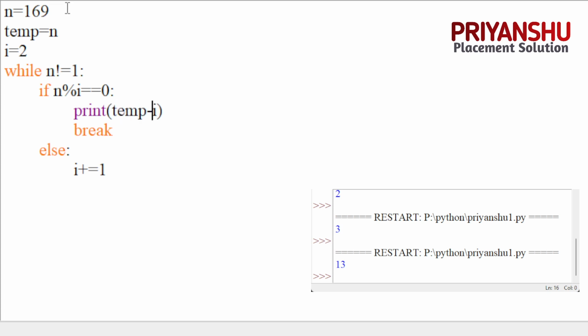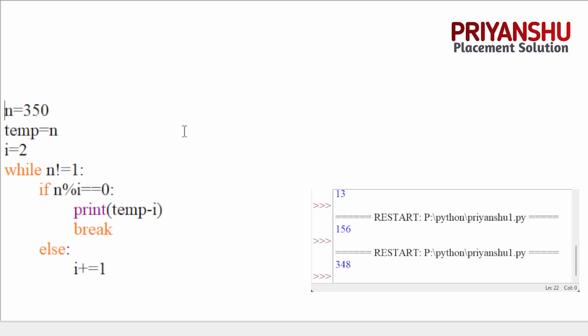Why do I need to take temp? Because here we change n, that's why we store this n value in temp and then return or print. Let's see this code. We got 156, clear. For 350 we got 348, clear guys. I hope this code is clear to everyone.